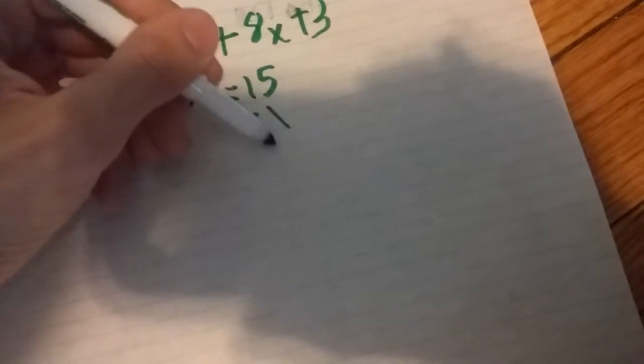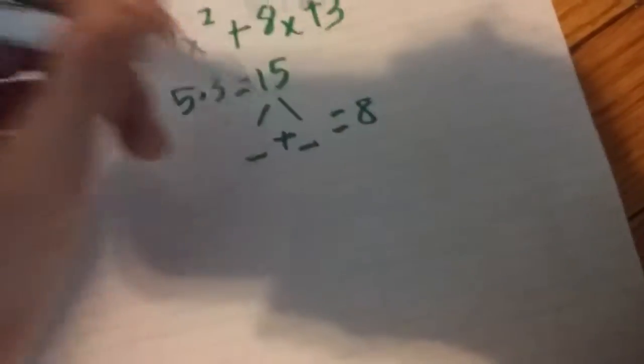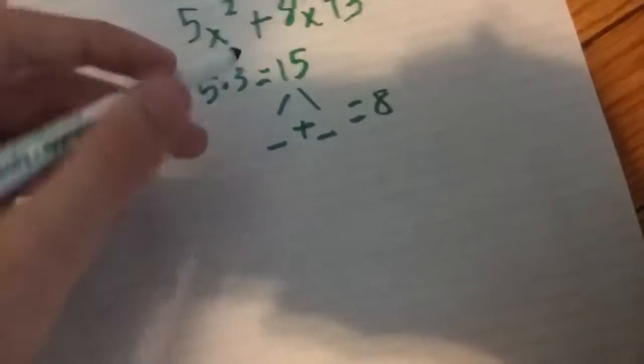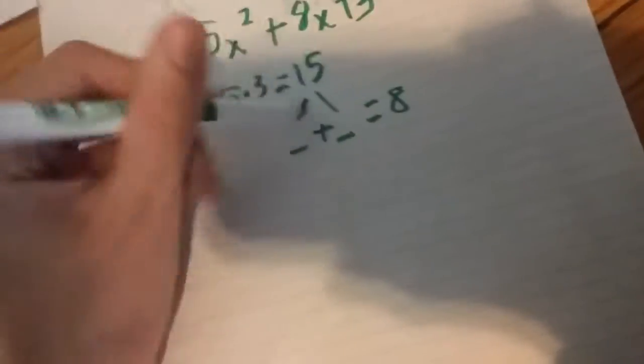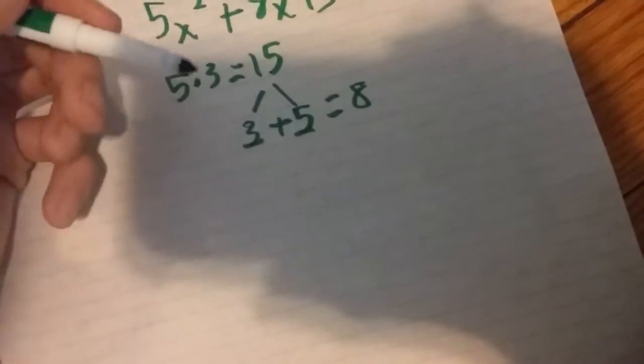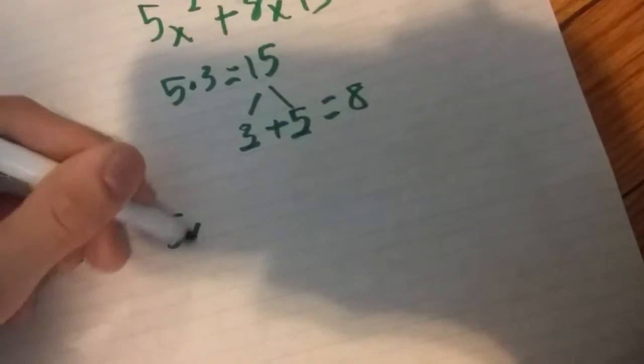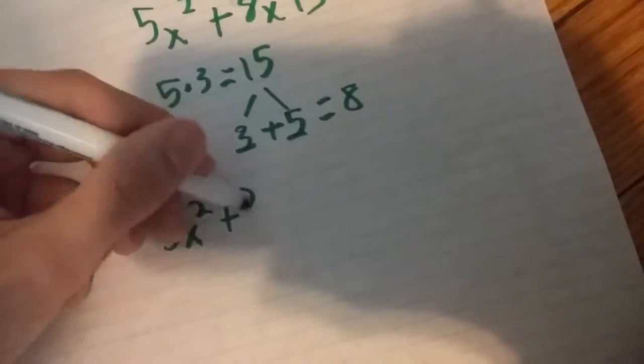Then you would figure out what two values, here and here, equal 8 when added together. After some math, you might be able to figure out it would be 3 and 5. So you would do 5x squared plus 3x,